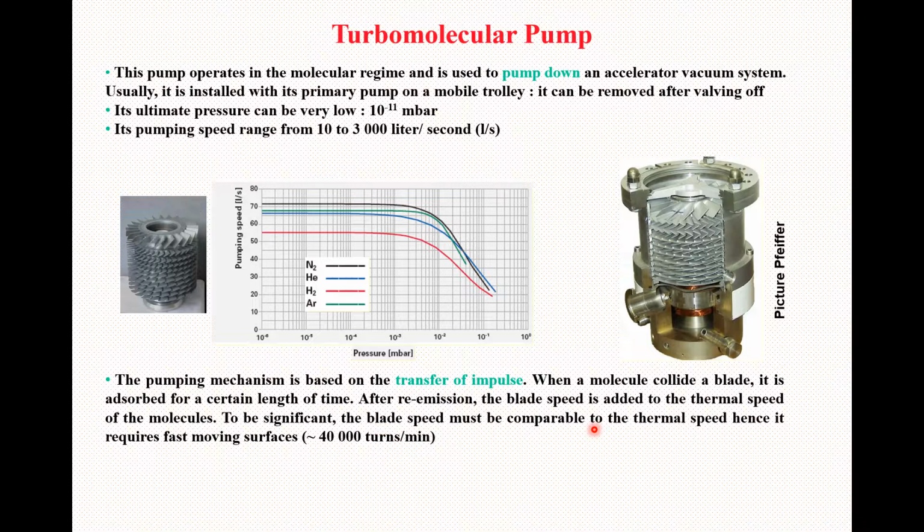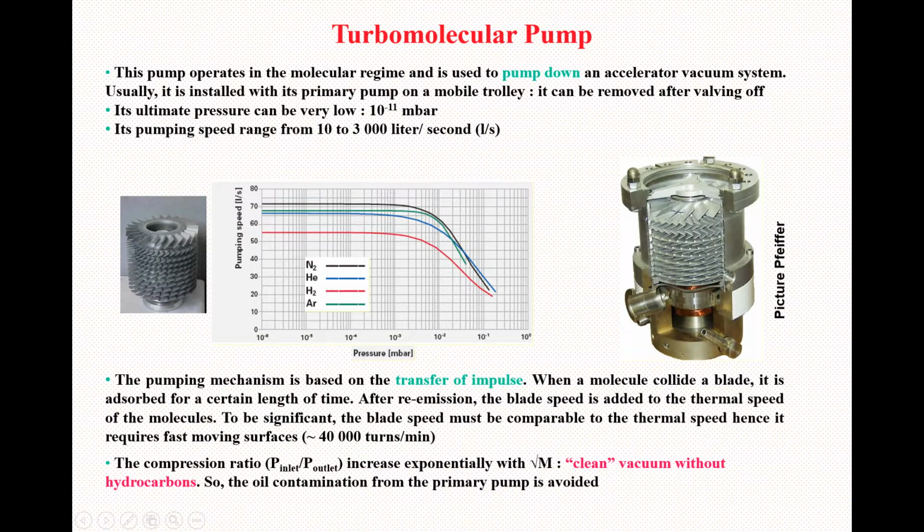So hence a fast moving surface is required, and how fast should that surface be? Here is a typical scale: it should be approximately 40,000 turns per minute. I mean, these are the typical speeds that we normally require. In addition, the compression ratio, that is P inlet divided by P outlet, increases exponentially with mass, that is